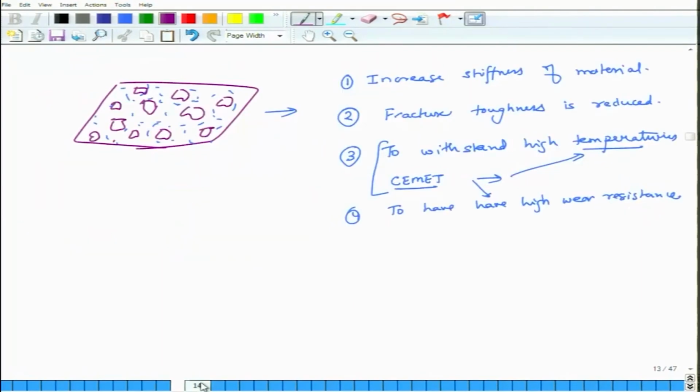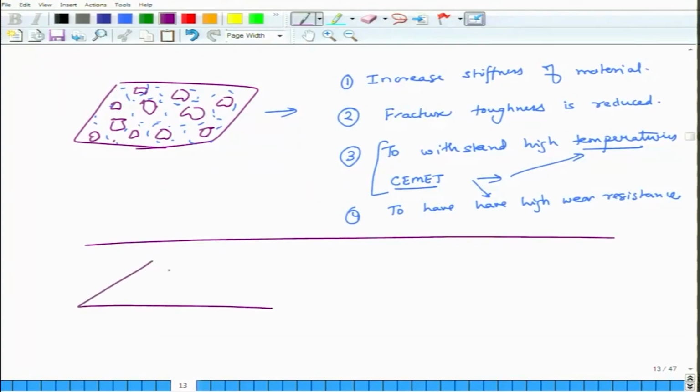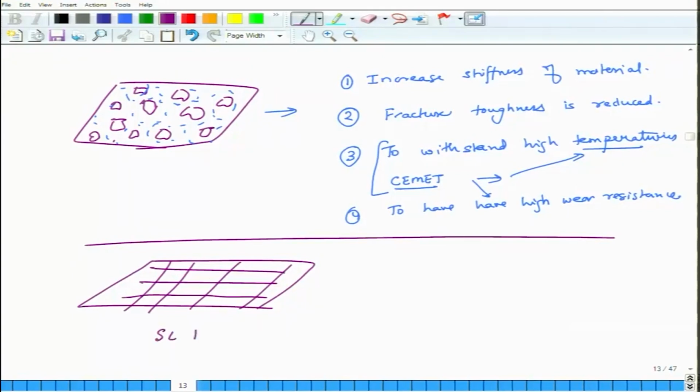So, you can have a thin sheet and maybe the fibers are oriented like this, or there could be a case where fibers are oriented in both the directions, it all depends, but it is just one single layer. So, this is a single layer fibrous composite,